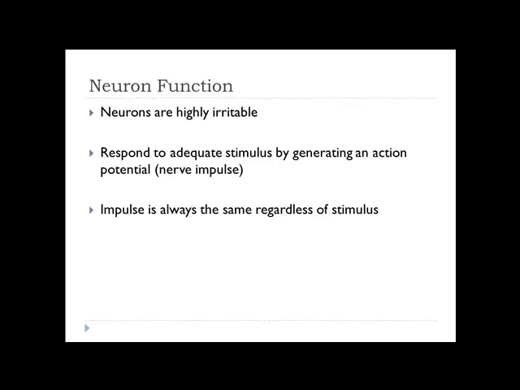Therefore, let's say you're getting some pain. If you have like just a little bit of pain, maybe the nerve is firing 5 times per second. If you have a lot of pain, maybe that nerve is now firing 100 times per second. But the nerve is not firing any stronger, it's just firing more often. The frequency has increased.